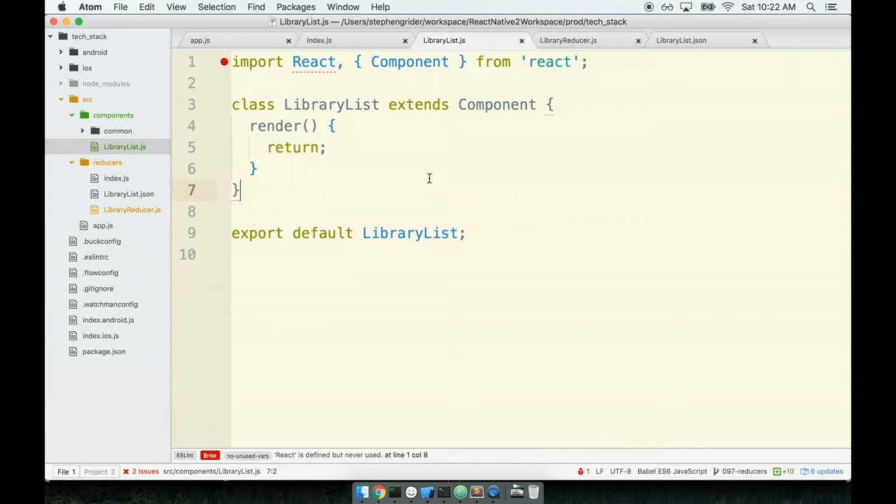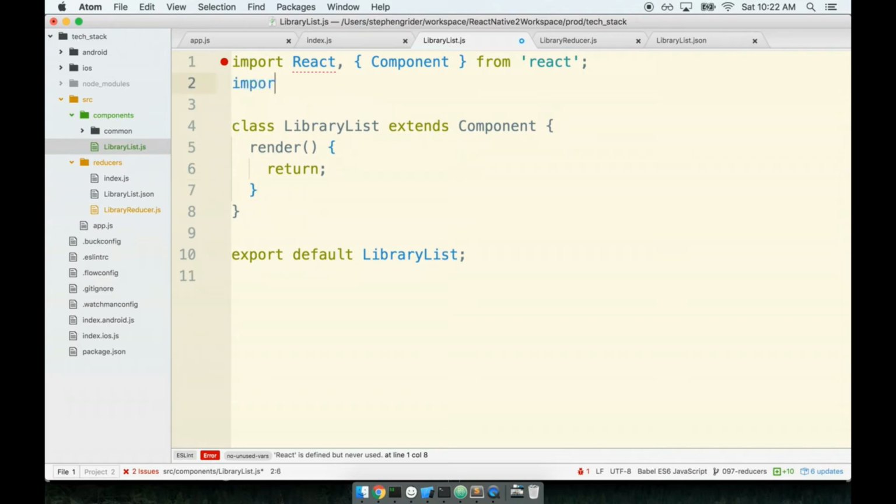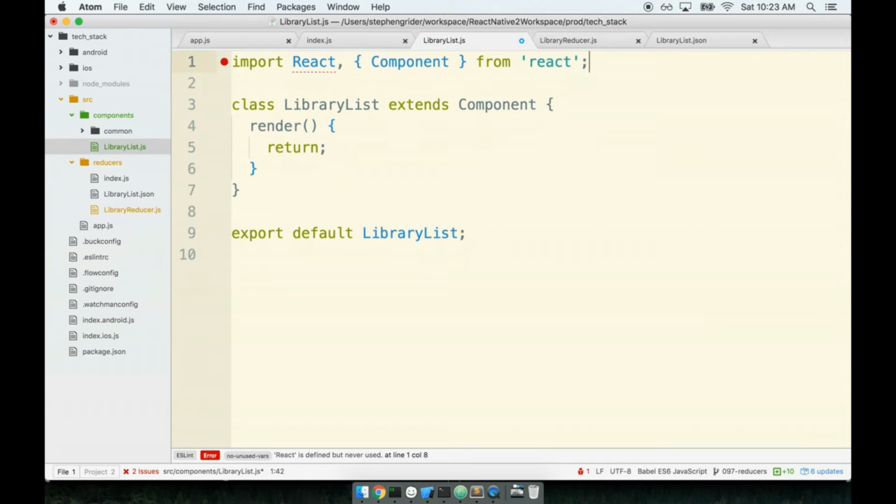Good place to start. Now, this component right here, LibraryList, has a very interesting requirement. We need to somehow, inside this component, reach into our Redux state and pull out that list of libraries, right? Like we need to get at that list of libraries somehow. Now you might think to yourself, hey Steven, no problem. Let's just import data from library list.json, whatever it was, and then we can just render everything inside this component